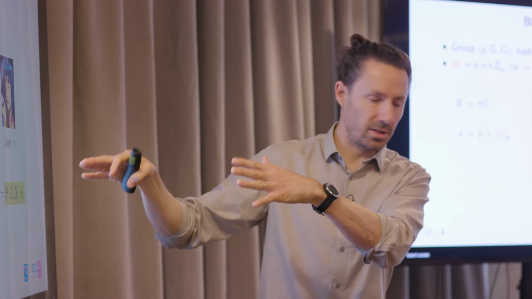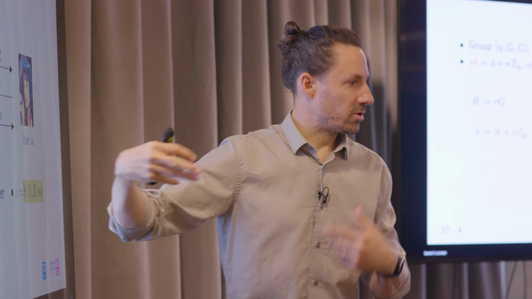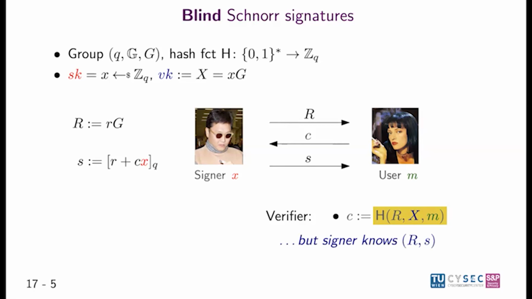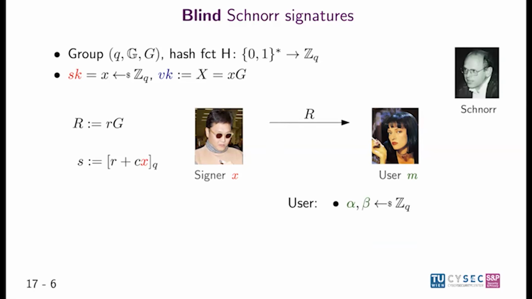It's the first idea, but it doesn't work since we also want the signature not to reveal anything about the signing session. So what Schnorr came up with is, I think, a very cute observation that you can actually blind these values. The user samples alpha and beta, random blinding values. She receives this first message R, and now she blinds it into a message R prime, which is R plus alpha times generator plus beta times X. Okay? Why it's done like that, you'll see later.